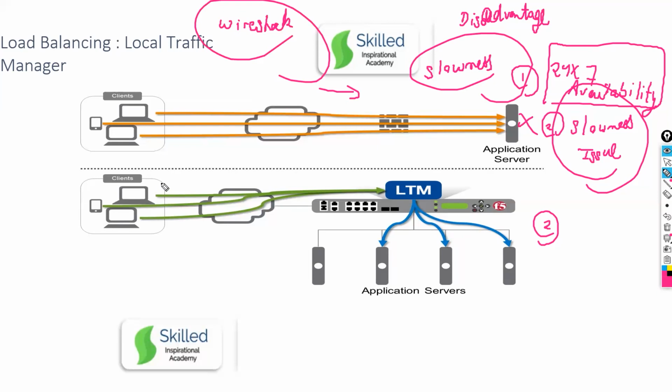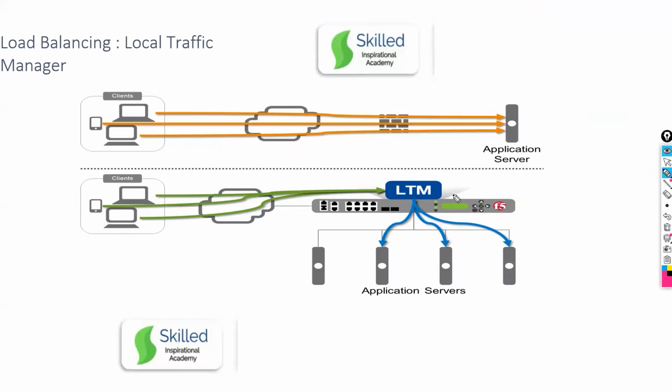But now if I say your load balancer came into the picture, in that case this redundancy problem is resolved. So if someone asks you what are the three advantages of an F5 load balancer, can someone tell me? Why should I use it? So guys, these are the live questions which I am asking.